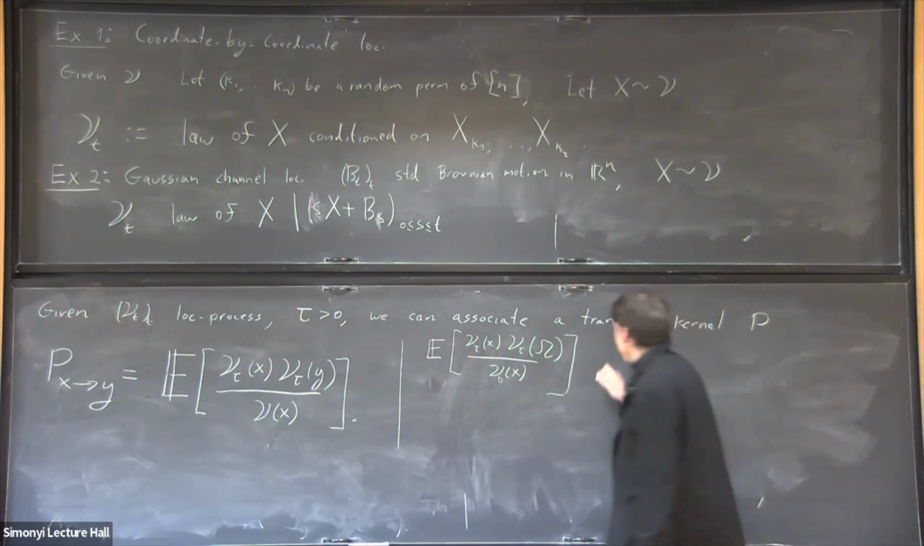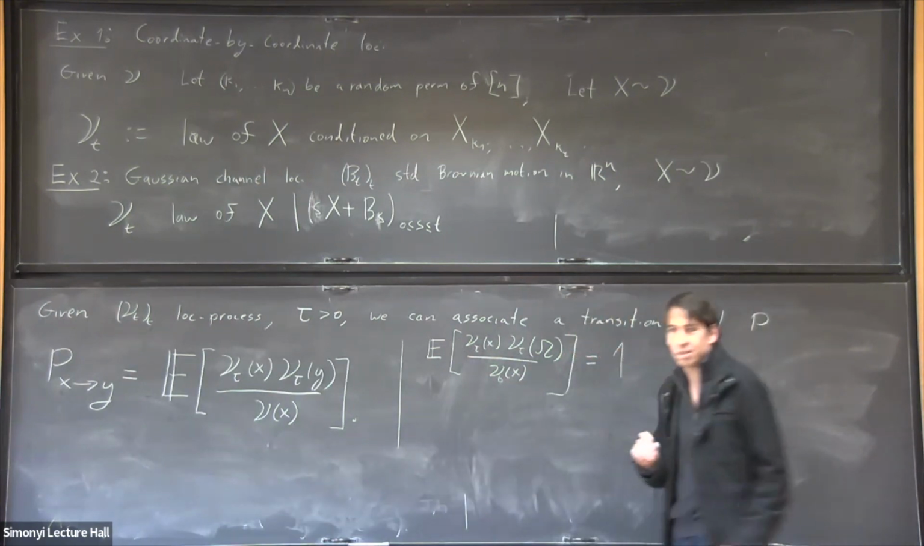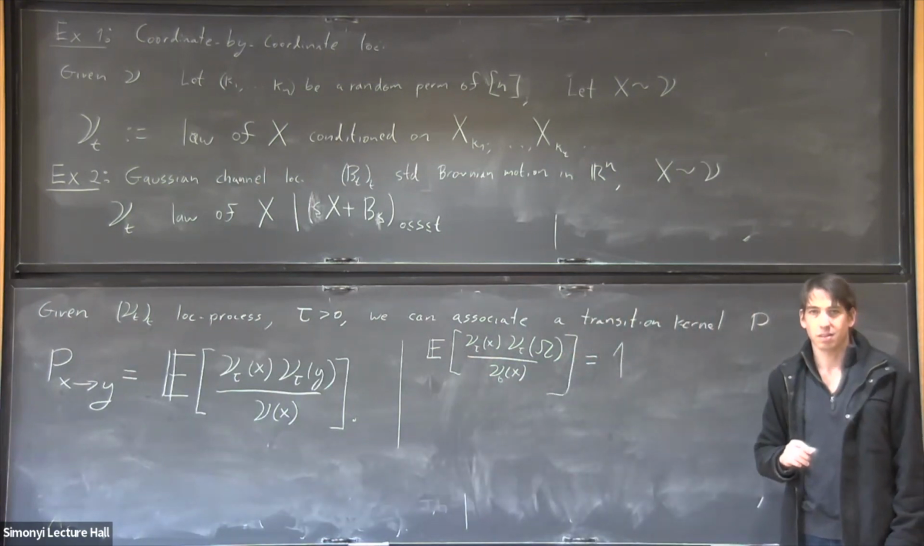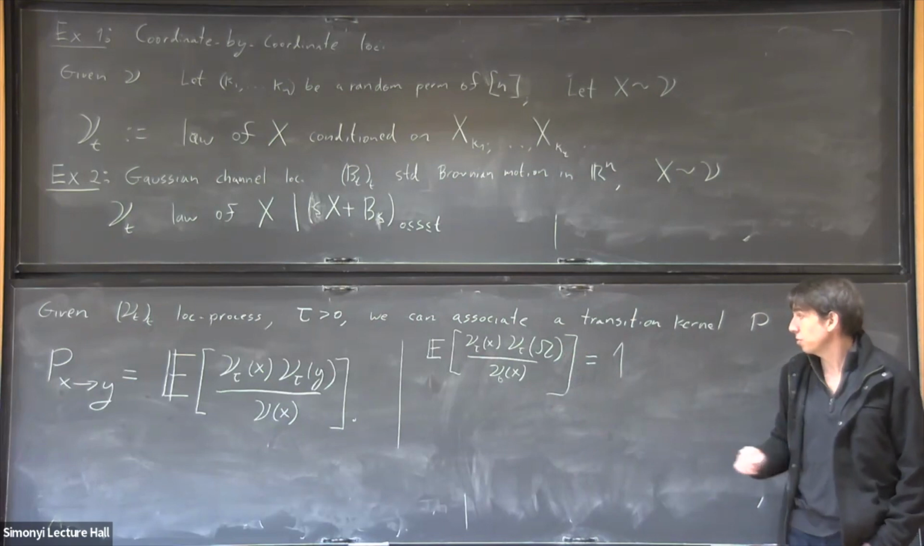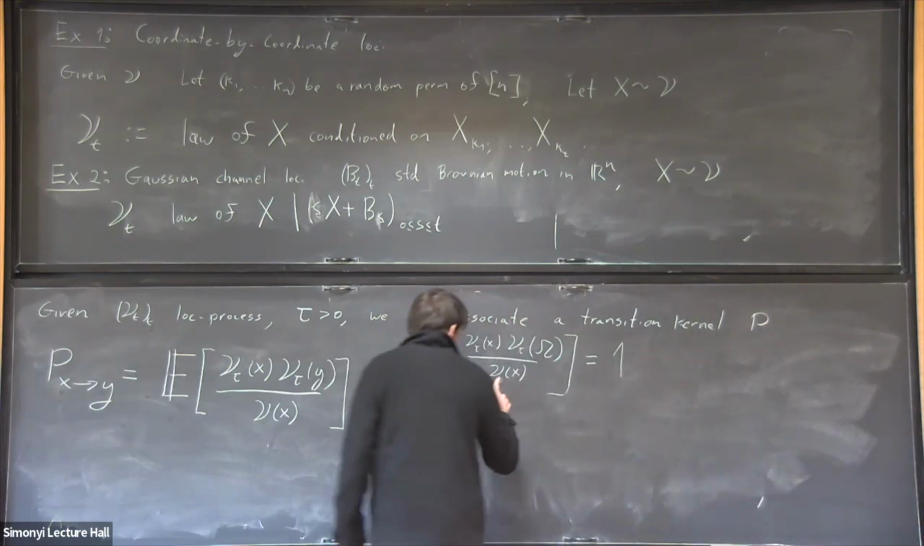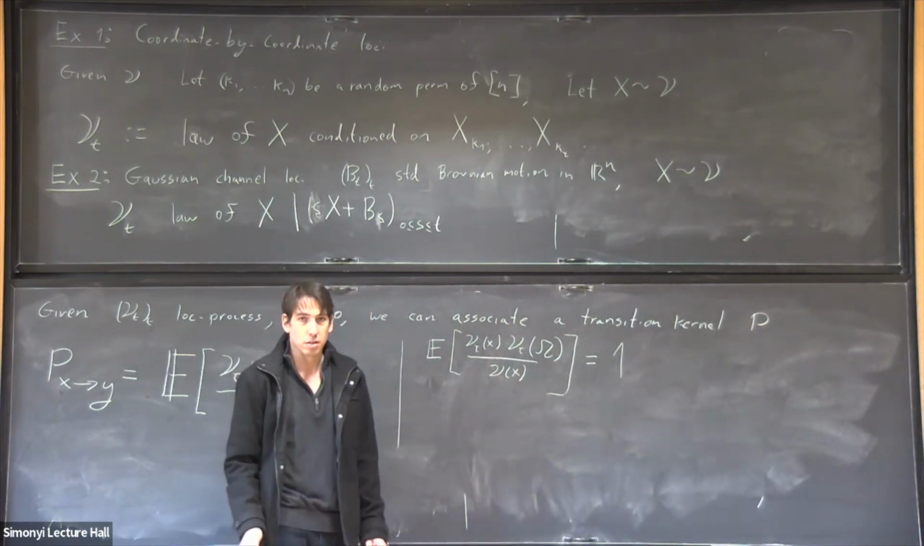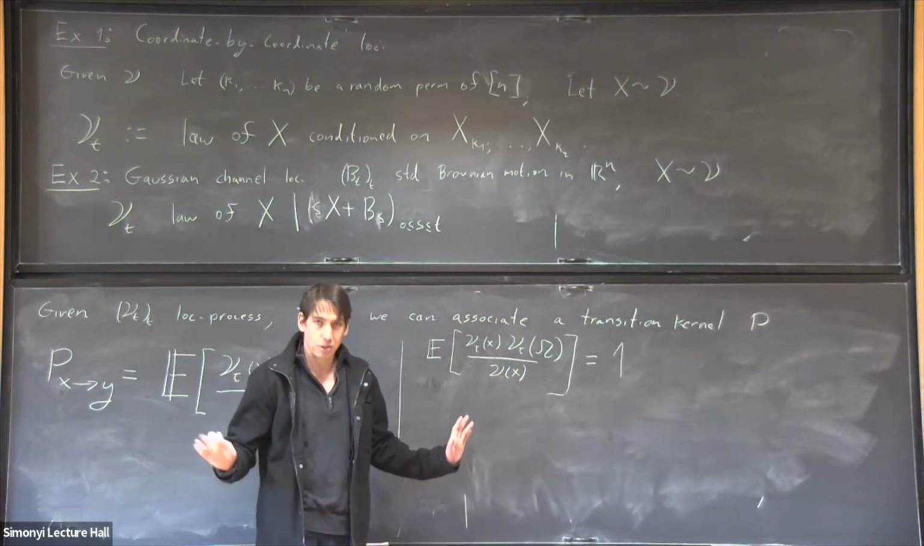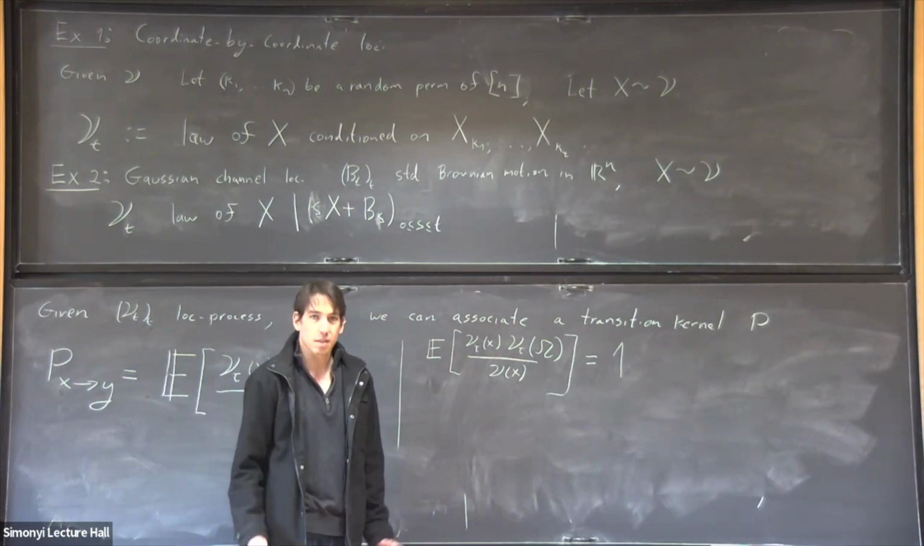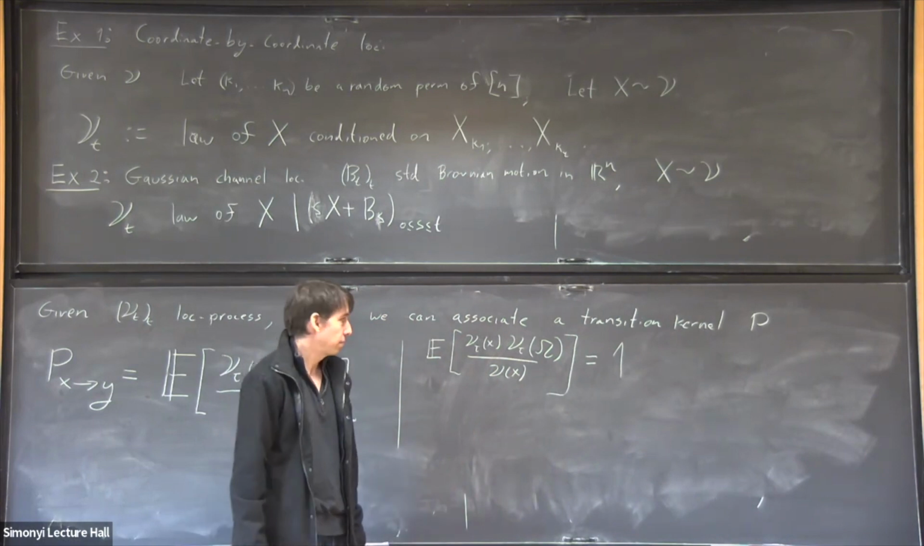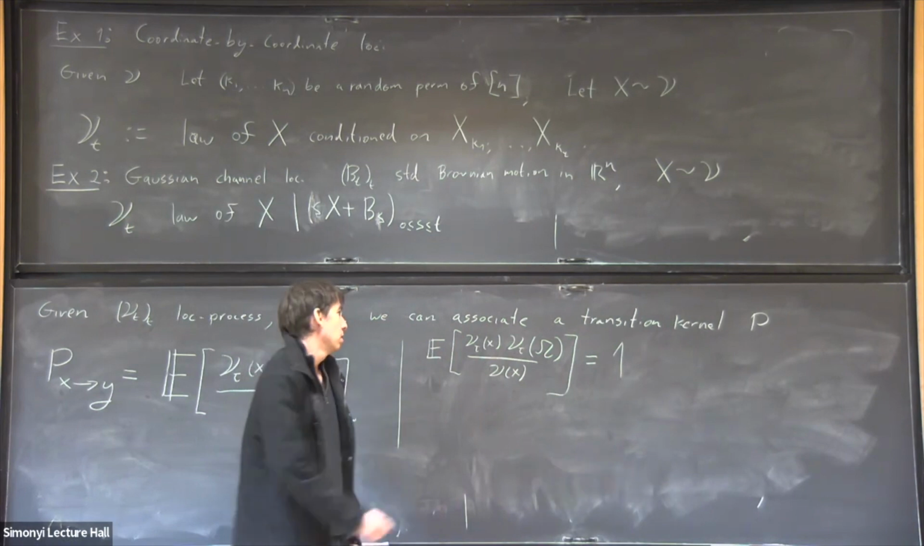So this is just 1. No. Nu of 0 downstairs is not random. No, you're taking the expectation. No. The randomness, I mean, nu 0 is nu. It's not random. It's a fixed measure. Okay, so this is 1. Also,